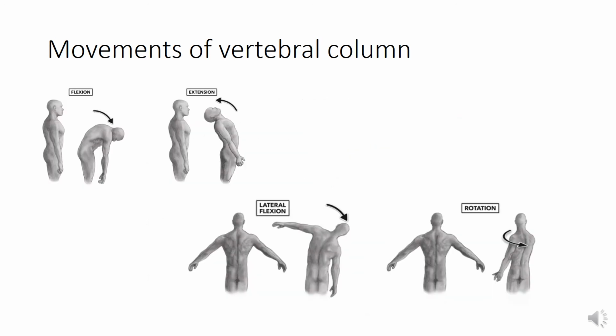Movements of the vertebral column: the movements between the individual bones of the vertebral column are very limited. However, the movements of the column as a whole are quite extensive, and this includes flexion, that is bending forward, and extension, bending backward. Lateral flexion, bending to the side. So you can see here lateral flexion, and the rotation movement. So the trunk can be rotated. Now there is more movement in the cervical and lumbar regions than elsewhere in the vertebral column.